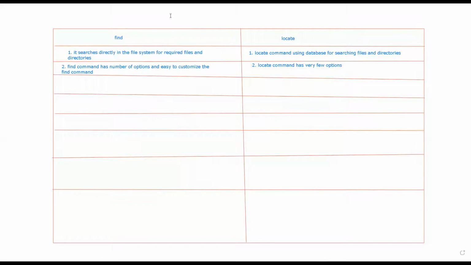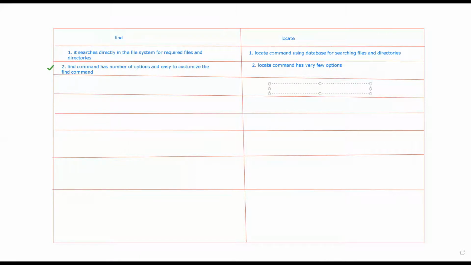The find command has a number of options and can be customized very easily, but this locate command has very few options. This uses the database, and this uses the file system. It searches in the file system, right? And since this is searching in the database, this is faster.